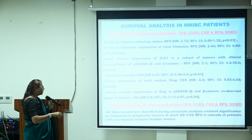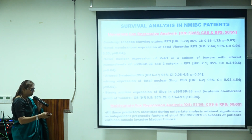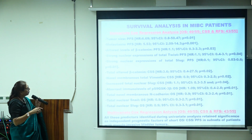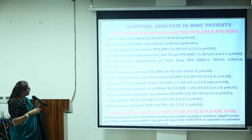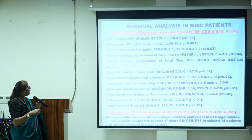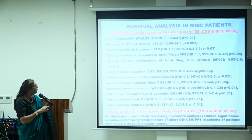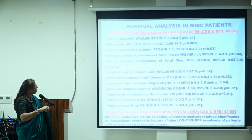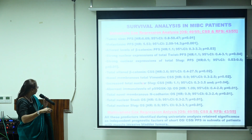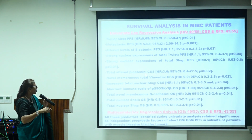When we performed the multivariate Cox regression analysis, all those factors which showed statistical significance retained their significance in the multi-factor analysis also. We also did this Cox regression analysis in MIBC subsets, and we observed that tumor size, metastasis, altered levels of beta-catenin, strong nuclear expression of total twist, and strong nuclear expression of total slug were statistically associated with short progression-free survival. Whereas total altered beta-catenin, novel membranous total vimentin, and increased total nuclear slug were statistically associated with short